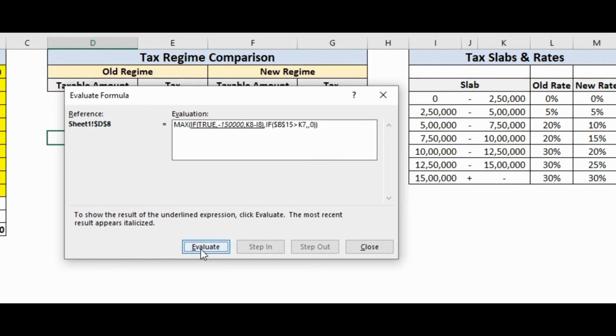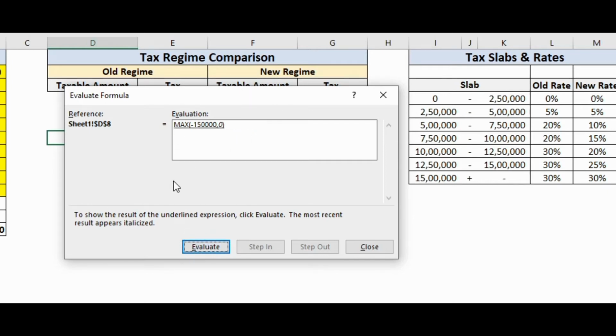Moving on with our evaluate function, what we get in the second if is 6 lakh would be checked for the lower slab, which is 7,50,000. Since 6 lakh is not greater than 7,50,000, we get the result as false and 0 would be passed as the result of if function.